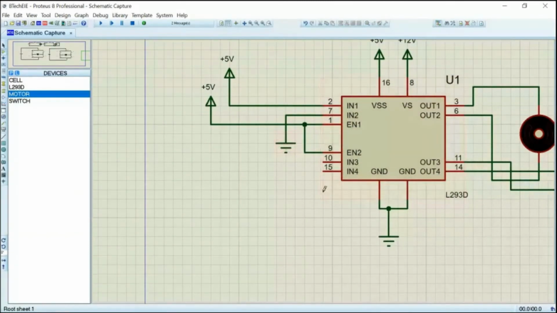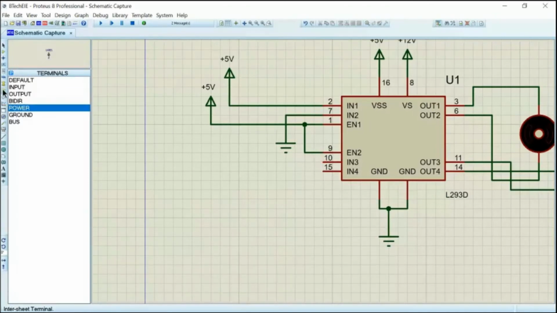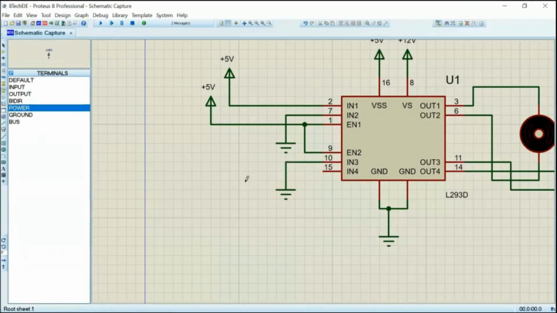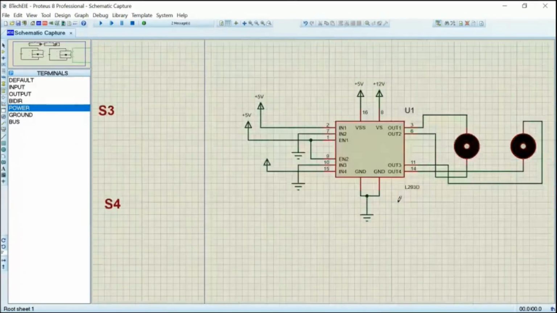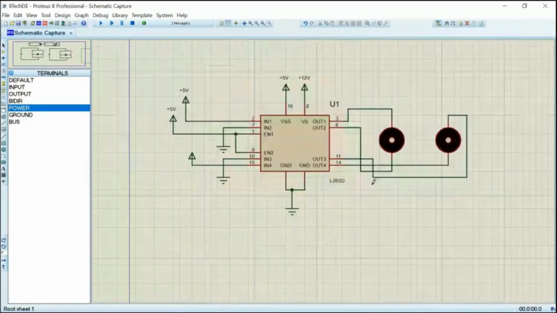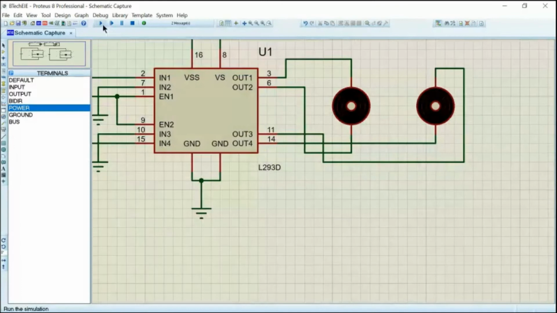In 3, I connected to ground. In 4, I connected to power supply. So I reverse connect the terminals of the second motor.